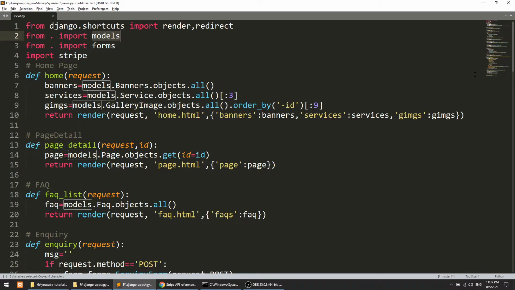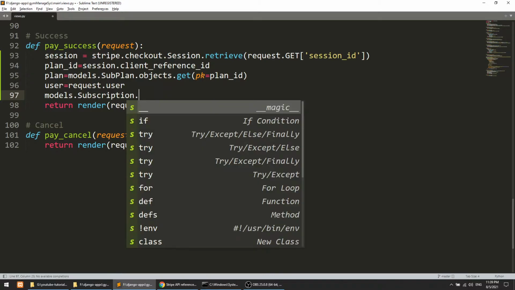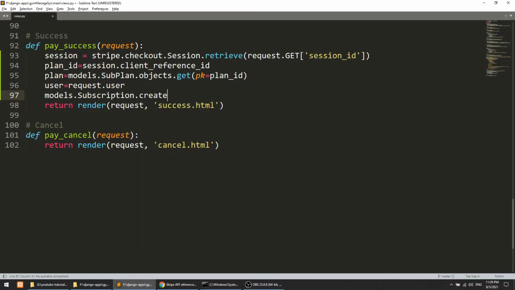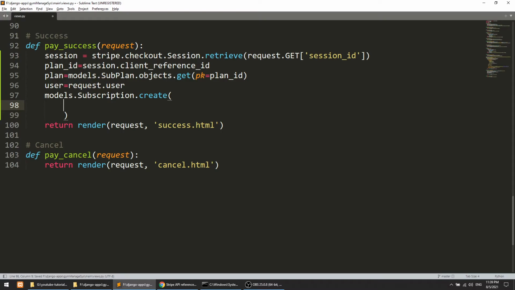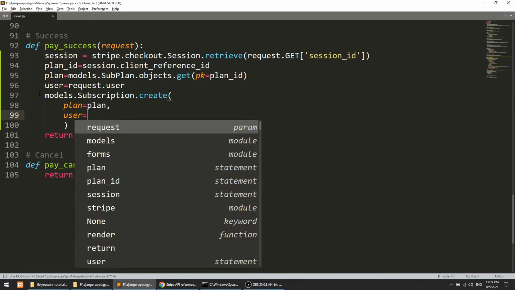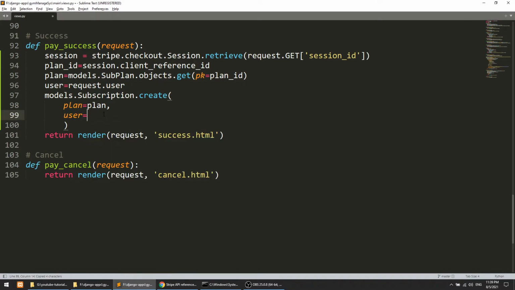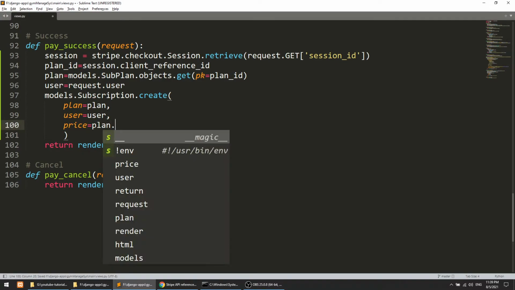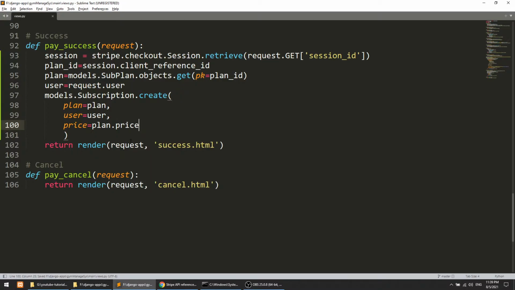So models.Subscription.create, and in this we will pass plan equal to this plan, and user equal to this user. And from this plan I will get the price, so price equal to plan.price.